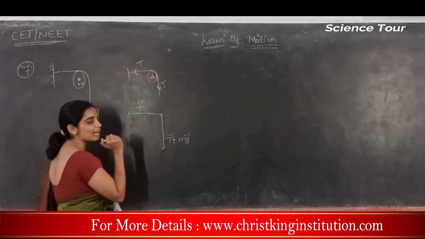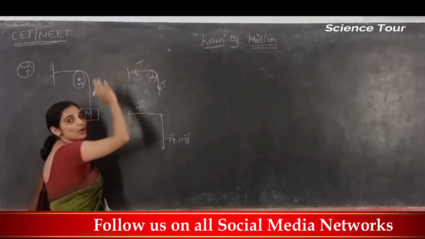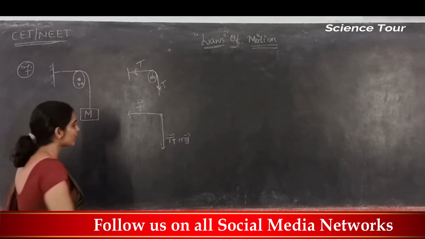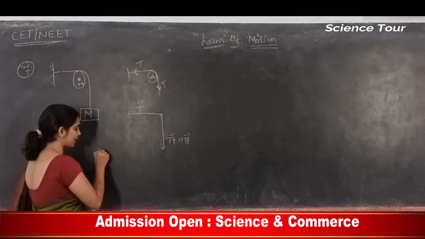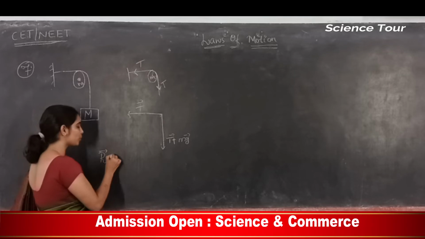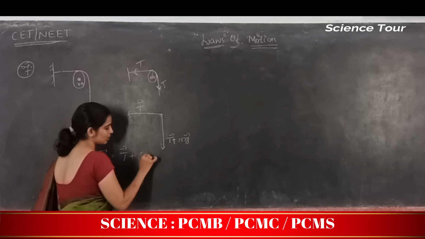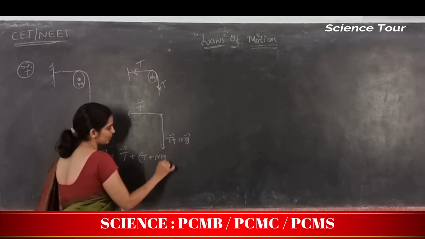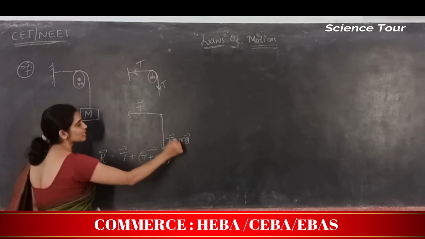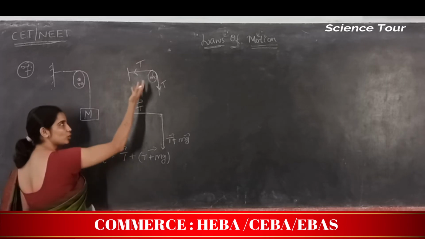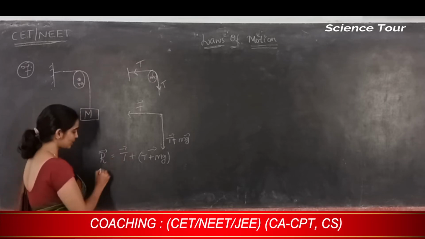This is in the form of the parallelogram method of vector addition. As the question asks for the total or net force acting on the pulley, you can add these two vectors. So the resultant force acting on the pulley is nothing but this force plus this force, that is T plus mg. This plus this together. So the algebraic sum of these forces is the total force acting on the pulley, no other forces acting on the pulley. Now how to find the magnitude of that?